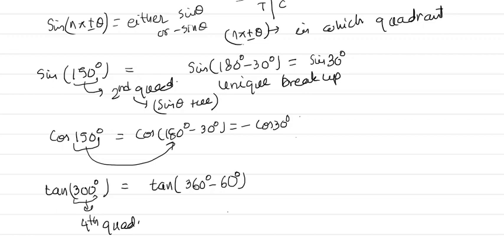So like that you will write, and now either it will be tan 60 degree or minus tan 60 degree. So the sign will be decided by the fourth quadrant and tan, using the ASTC rule. This is the third step. So by the ASTC rule, you will write minus tan 60 degree and the answer will be minus root 3. So like that, you just simply break the angle theta in terms of n pi plus or minus theta.